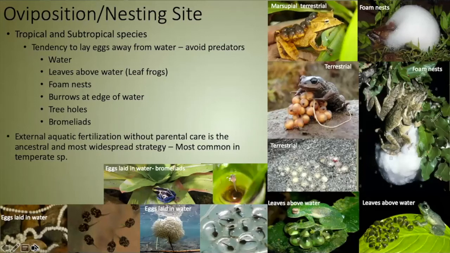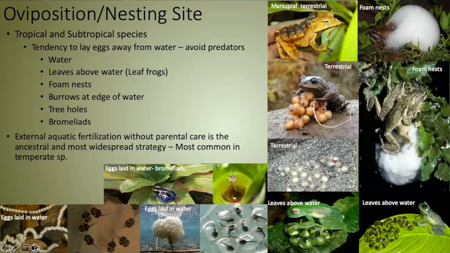And we also have the oviposition strategy or nesting site selection for tropical and subtropical species. There's been a tendency to move away from water to avoid predators. Nevertheless, we find many species that still reproduce in water. But there is also a wide variety of strategies, such as the leaf frogs. They will lay the eggs on leaves above bodies of water, and then the tadpoles will hatch and drop into the water. And then we'll have the species that build the foam nest, either on the ground or in,